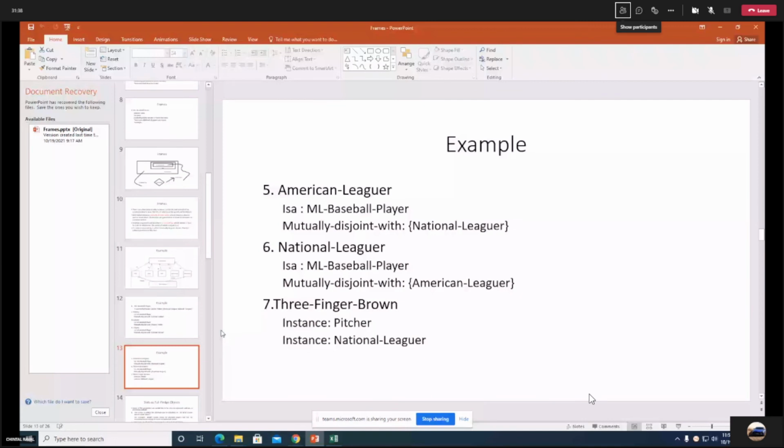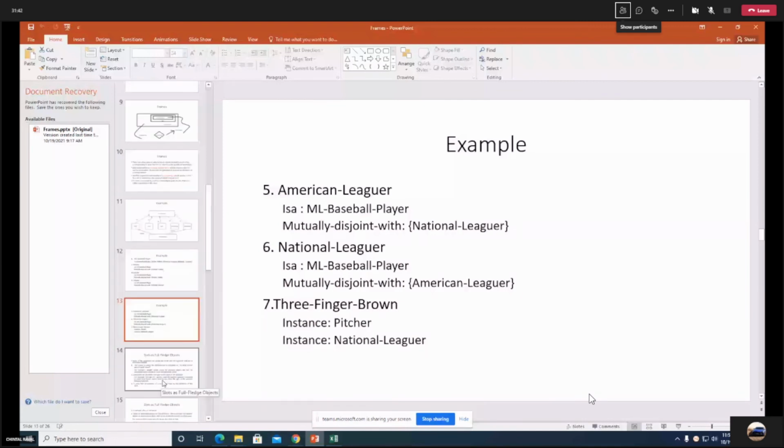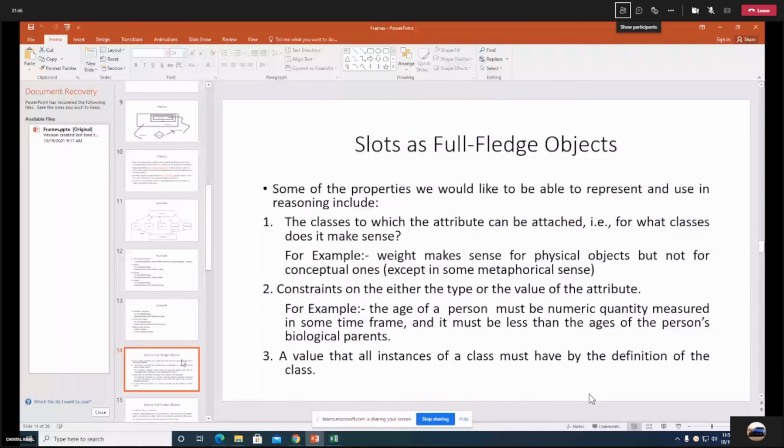That is one. Until now, what we have represented is still known as a weak slot. Poor representation of knowledge. Not much information is represented yet. What more information should be placed so that it could be called a full-fledged object?